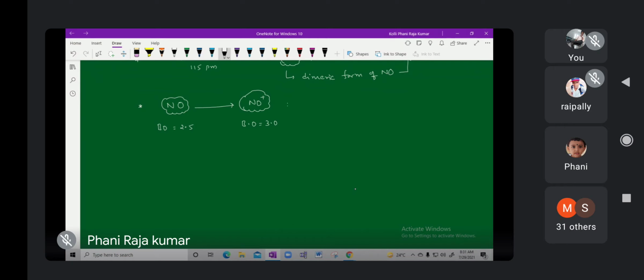Therefore, if NO is converted into NO plus, bond order increases, which means bond energy increases, which means stability increases. Since bond order is increasing, more bond order means less bond length. So bond length decreases. Mainly I want this point. And NO plus is more stable. That's why